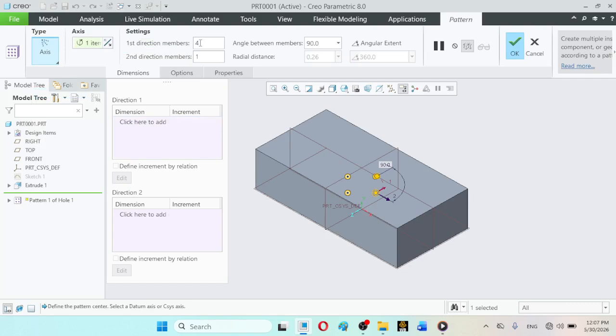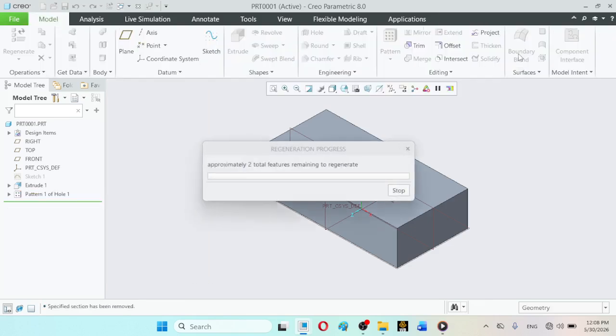For example, you can say 4 members, or you can say 5 members. So if there are 5 members, 360 divided by 5 comes out to be 72. So the consecutive angular spacing will be 72 units. So click on OK.